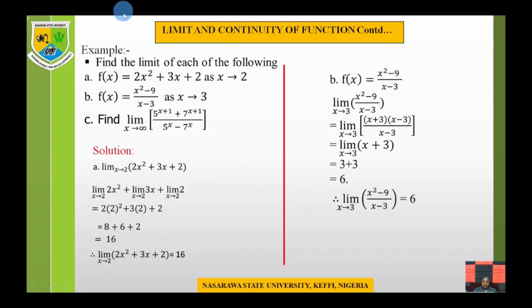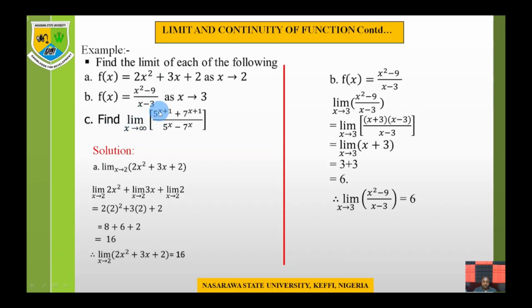So we take some few examples to illustrate the concept of limit. This example says, find the limit of each of the following. A, f of x equals 2x squared plus 3x plus 2 as x approaches 2. B, f of x equals x squared minus 9 divided by x minus 3 as x approaches 3. And C, find the limit